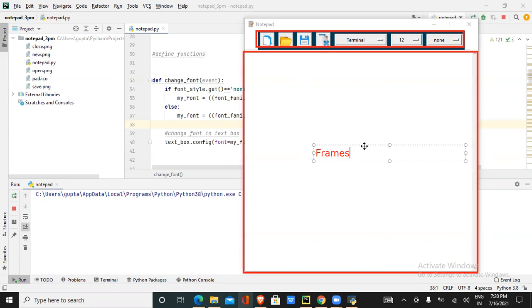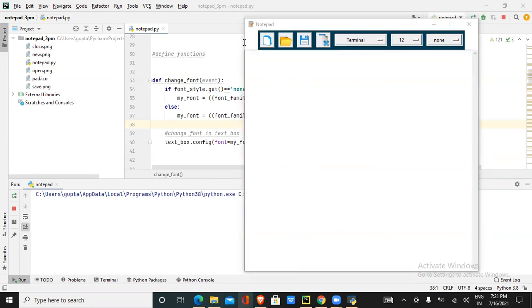So how can you create the frames in Tkinter? We'll be seeing that in this concept today. First I'll show you how to create 2 frames and how we can add buttons and the text box into the frames. So without any further delay, we'll start the concept. Okay, so let's start. All of you clear with this, right? Yes, sir.